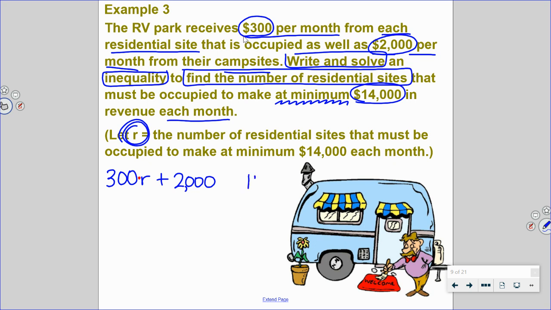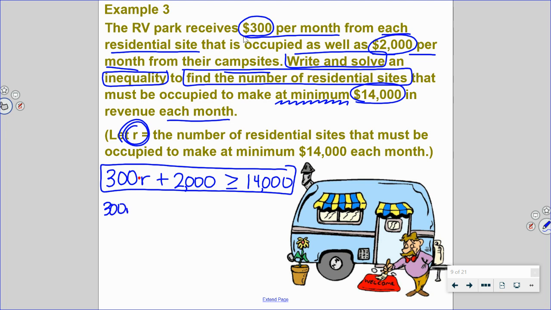Now, a minimum of $14,000 means it can be more than, it can be exactly, but it cannot be smaller. And therefore, most important part right here, let's go ahead and solve. So we want to get R by itself. The first thing we'll do is say, hey, the campsite has nothing to do with the residential sites. So let's get rid of that $2,000. In so doing, a positive 2,000 and negative 2,000 make 0, leaving us with 300 per residential site,